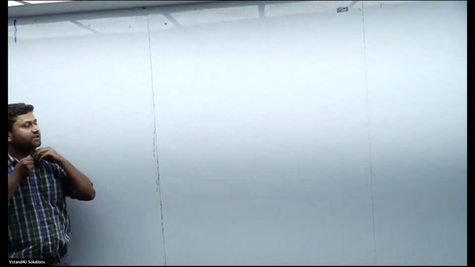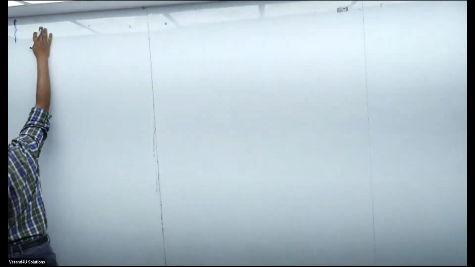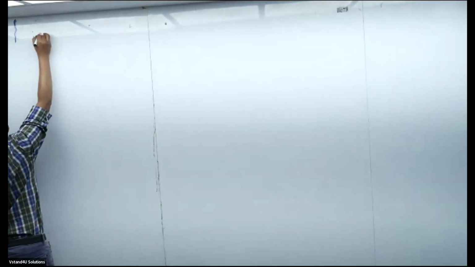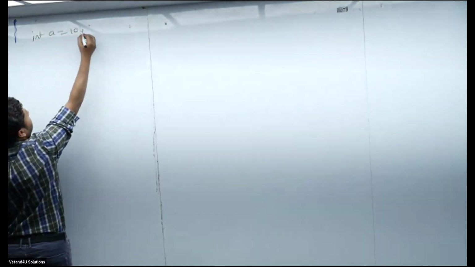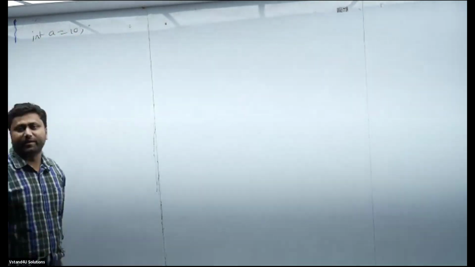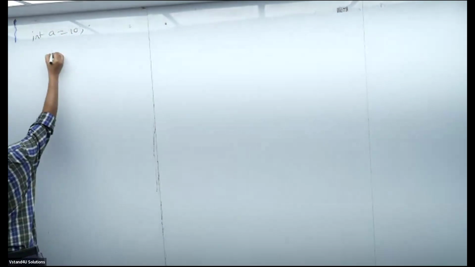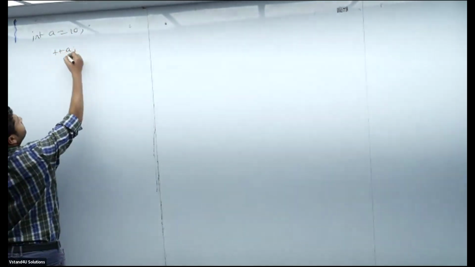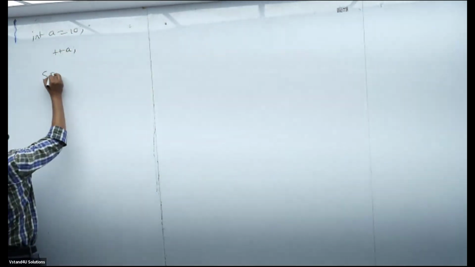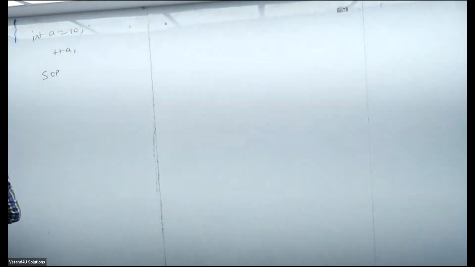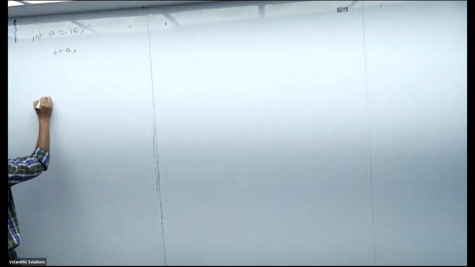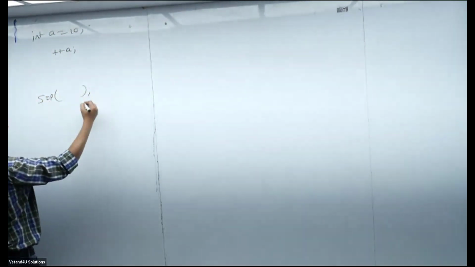Okay. Shall we proceed now? Pay attention, silence. In every example, I'll take one variable: int a equal to 10. So many examples we are going to discuss for this int a equal to 10. Sir, if I say pre-incrementation, and then print with SOP, what value is going to come? We will discuss this first. SOP of A, what is the value?